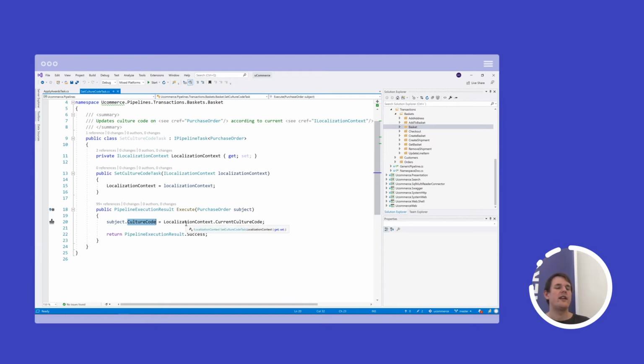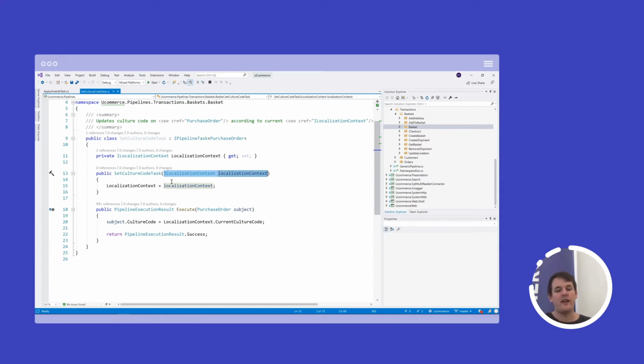And here we can actually see a good example where we facilitate the IOC container, because then we can compose the business logic in that we need, not via inheritance, but via composing the business logic in. So we inject the business logic that we need, which is in this case the business logic to find the current culture code of the website. Out of the box, uCommerce will look in the CMS for what the culture code is.